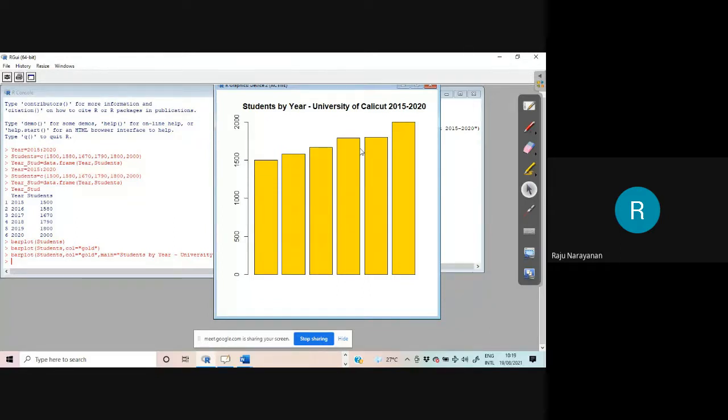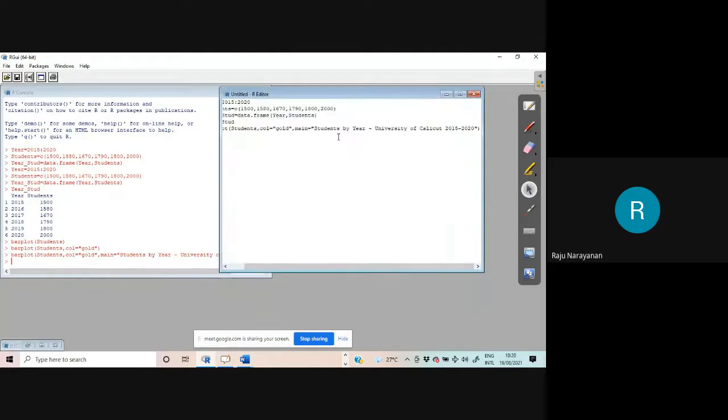And if you want to do something for the x-axis, you can give xlab. xlab gives the x label: xlab is equal to year. And ylab is equal to number of students.